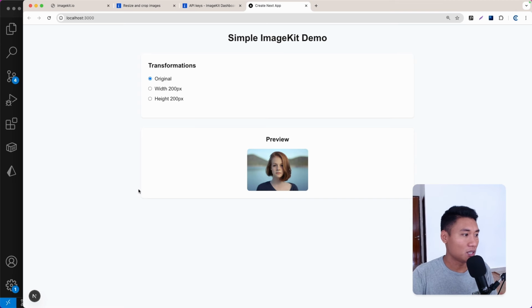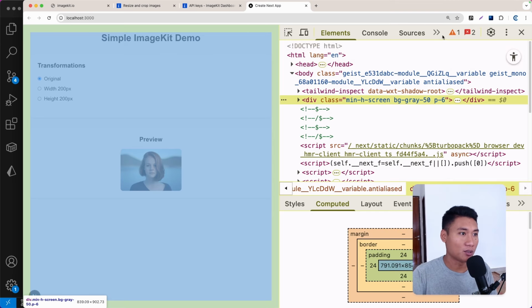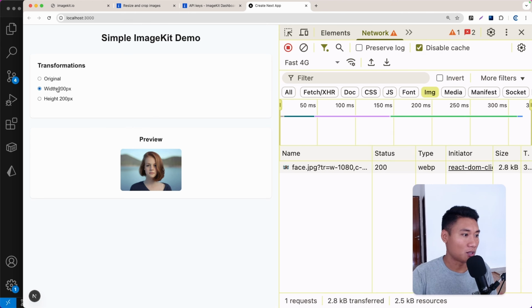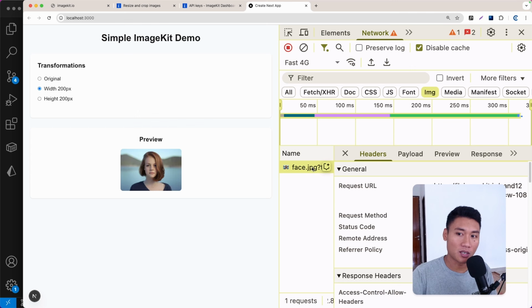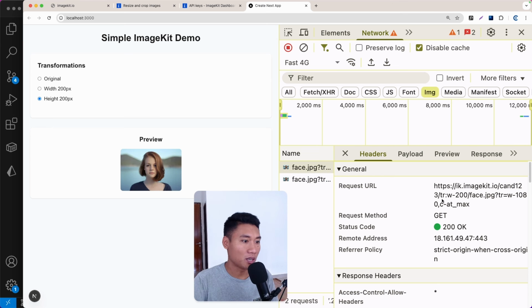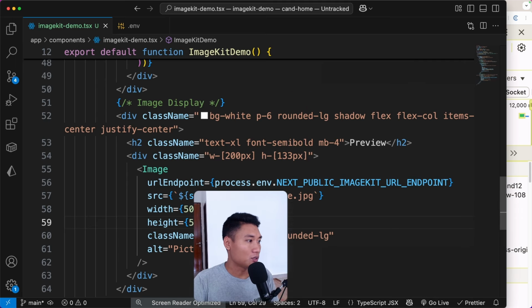So let's try to see into the inspect and then go to network. Let's clean everything and check this disable cache, right? So let's try to change the width to 200 pixels. As you can see, we have this image right here. If I click that, just make sure we have this dr colon w-200, which is great. If I click the height, as you can see now, the height should also be changed, dr height 200. All right, it works. So let's also change the width and height from the parent of this image